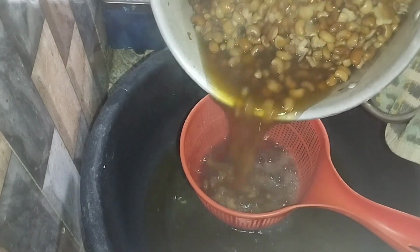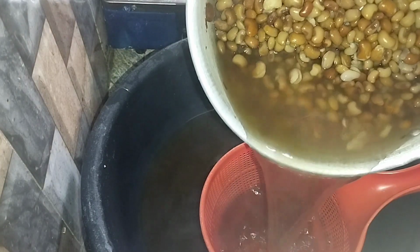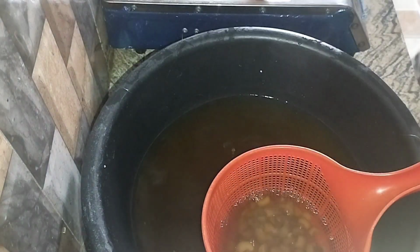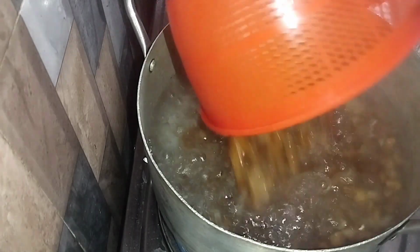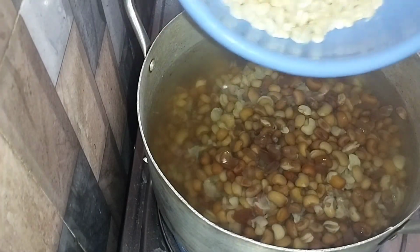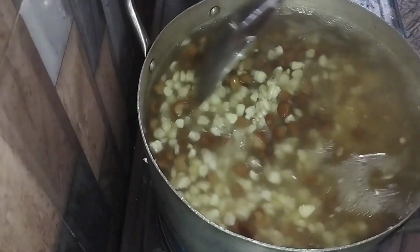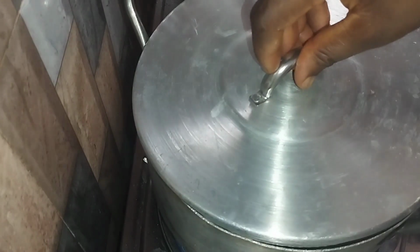Once the beans has come to a boil, we drain out the water, add some more water, rinse and drain as well. This is to take out all the chemicals they might have used to preserve the beans at the warehouse and prevent it from purging. Then to a pot of boiling water, we are going to add our parboiled beans. We're also going to be adding our fresh corn to the beans as well. Then stir everything in together, cover and allow it to cook till both the corn and the beans is soft